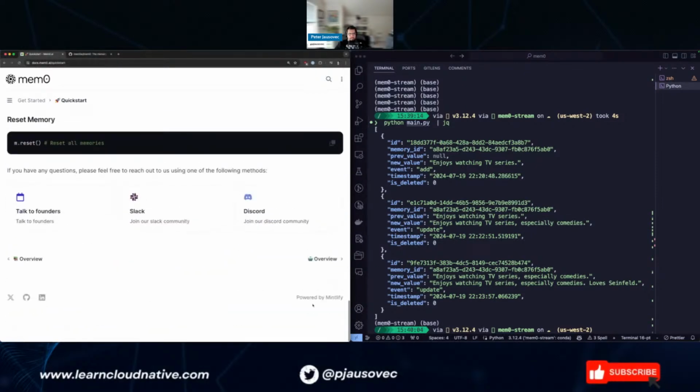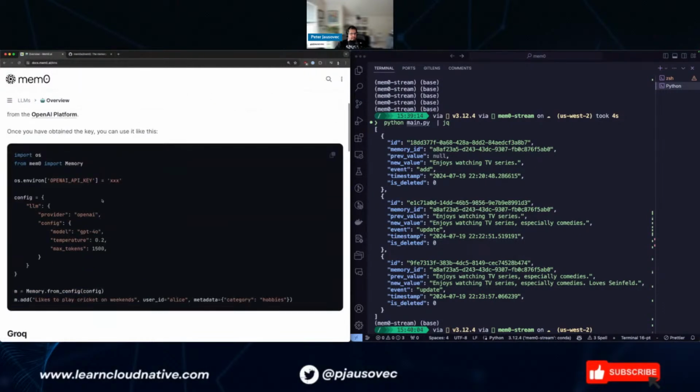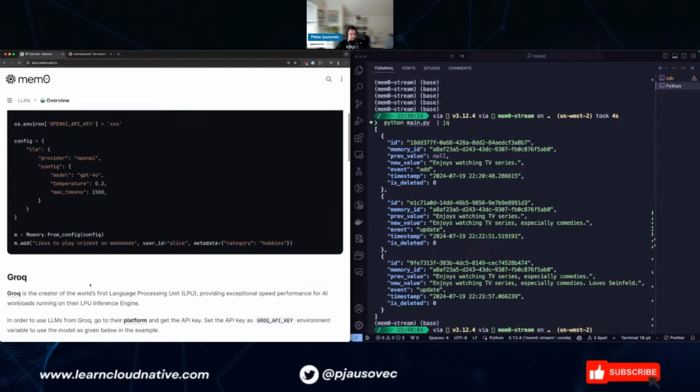So this was the quick start, pretty interesting. Let's see, OpenAI. So you can go and specify the configuration. Yep, this looks similar to how Embedchain did it.